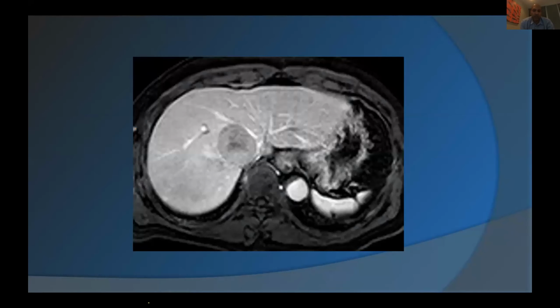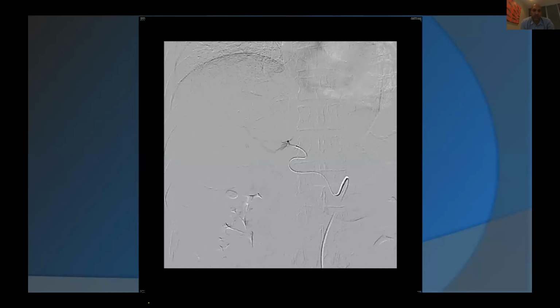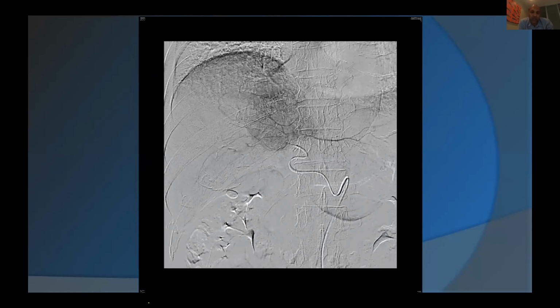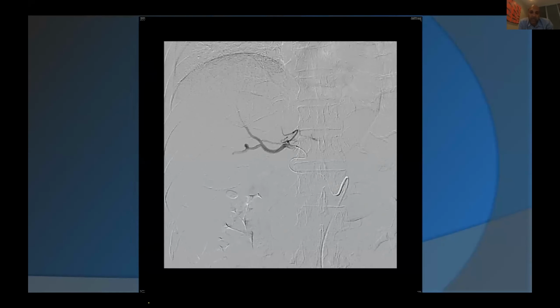This is an example. This is a patient with a central segment 8 tumor. I thought I could do this, and it had a ton of feeding vessels going to it. This is the right hepatic artery angiogram. And yes, you do see tumor hypervascularity, but if you were to look really close, there are 6 different tiny little vessels that are all small catheter perfusing this. So I can't do a segmentectomy of this, even though I was hoping to.